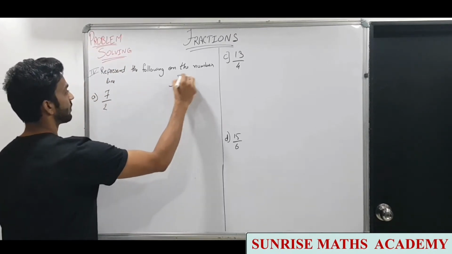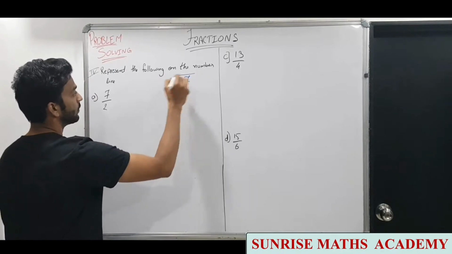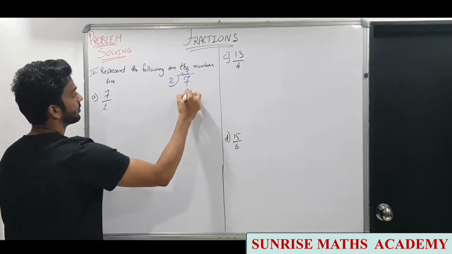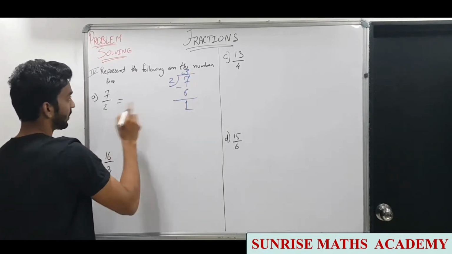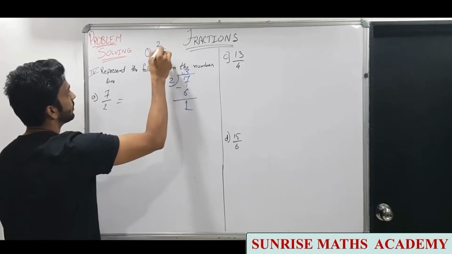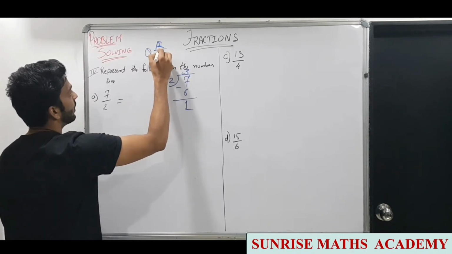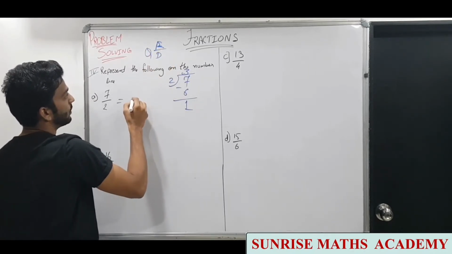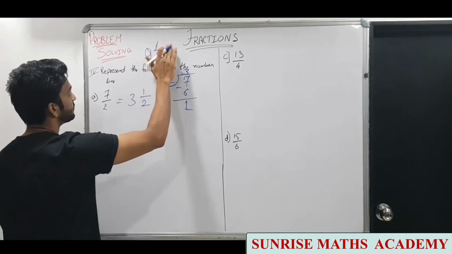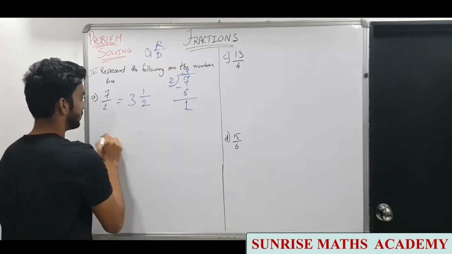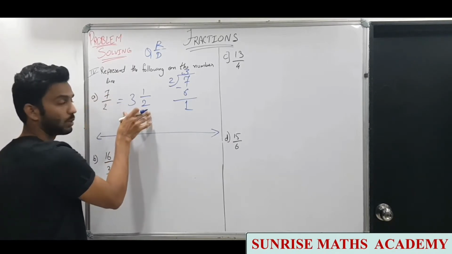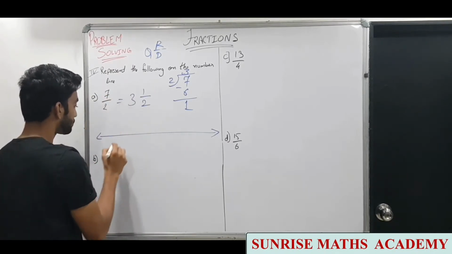So this fraction 7 upon 2, 7 will be divided by 2, 2 3s are 6. So we know that we have the format quotient, in the numerator we have the remainder and here the divisor. So we write it 3 1 upon 2. So this improper fraction has been converted into a mixed number, 3 integer 1 upon 2.